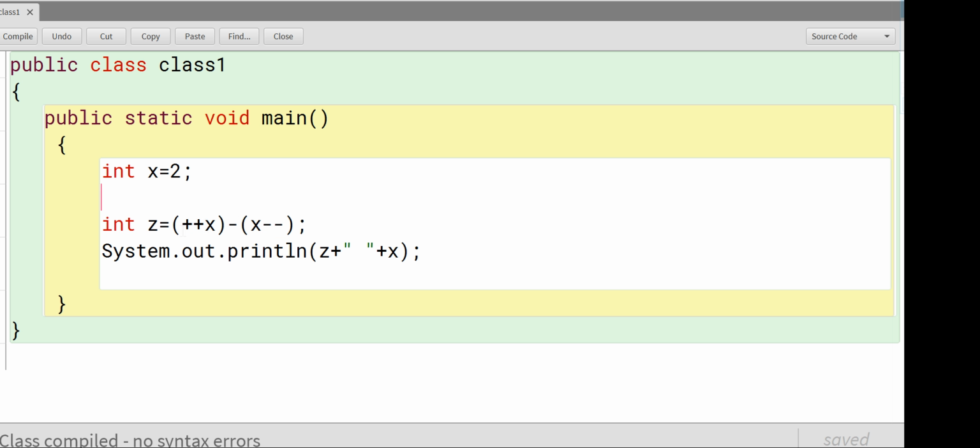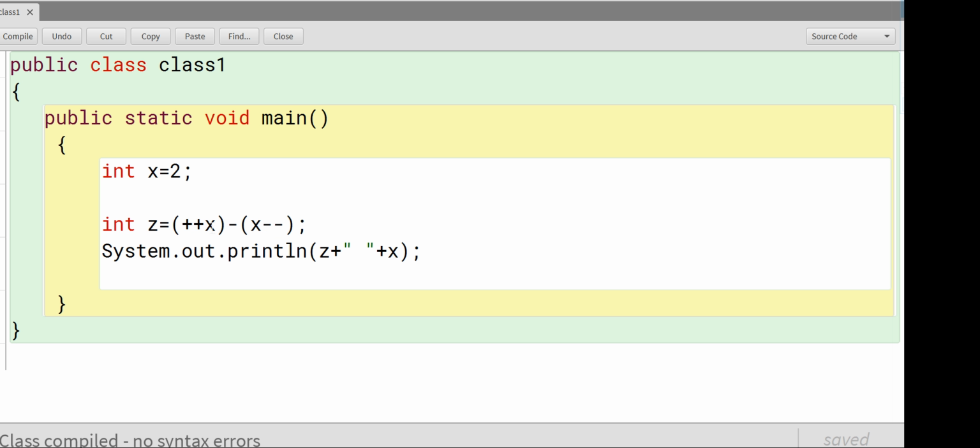So in this way you are able to recognize it. Here it is the prefix increment operator, because plus plus is before the variable, and minus minus is the postfix decrement operator. Minus minus has been used here, that's why it is the decrement operator. Now how will it work?